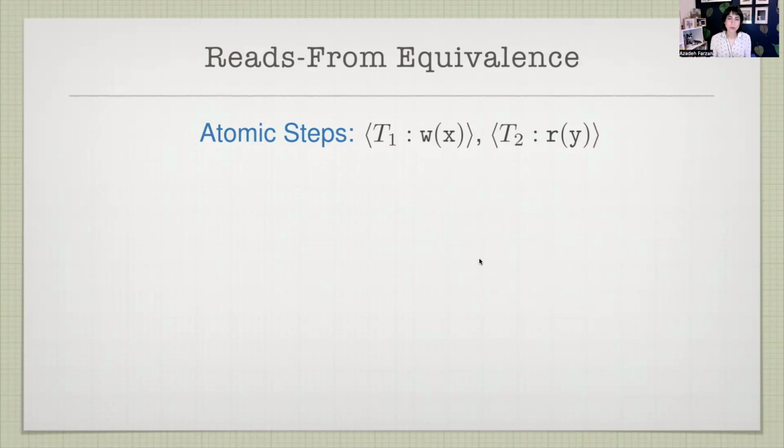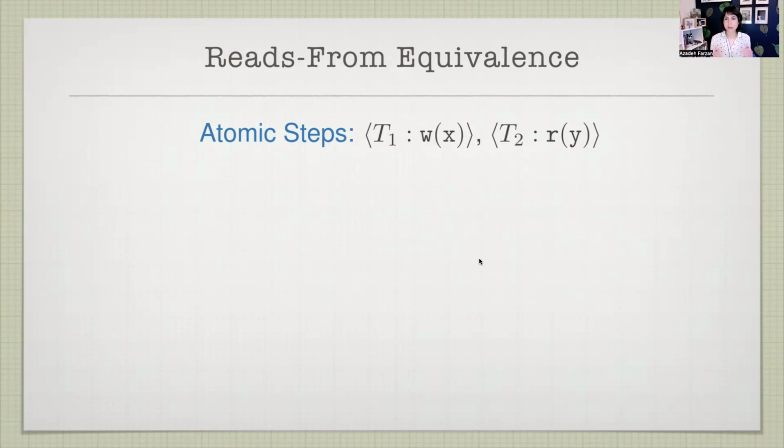To define this, rather than generically thinking about concurrent program behaviors, we have to set down a particular alphabet of actions for programs. This is, in a sense, the most classic one, in which you observe atomic steps of a program run to be what thread is making what sort of memory operation to what shared variable. So any event would say a thread like T1 performed a write to a shared variable X, or a thread like T2 performed a read from the shared variable Y.